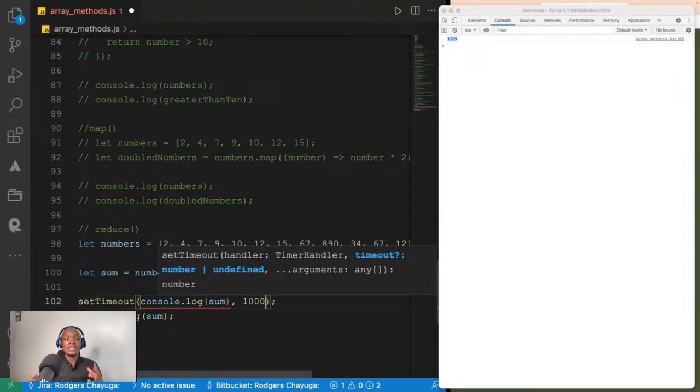Also, you can see it in reading and writing files. When a web application needs to read or write data to a file on a server or on the user's computer, it needs to perform a file I/O operation. This operation can take some time to complete. Asynchronous programming techniques like promises or async and await can be used to handle it without blocking the main thread,